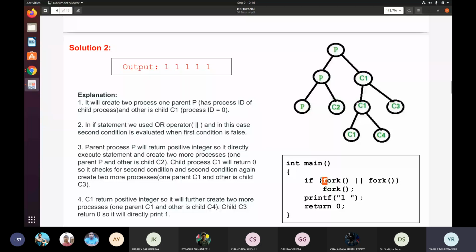So it won't go and check this one, because it is an OR operator and we already got true. It doesn't matter whether here it will be true or false, because the total value will be true only. So it will directly go here and again generate two processes, first child and then parent. This is what happens with the OR operator, and for the AND operator there is another thing which I will explain in further slides.